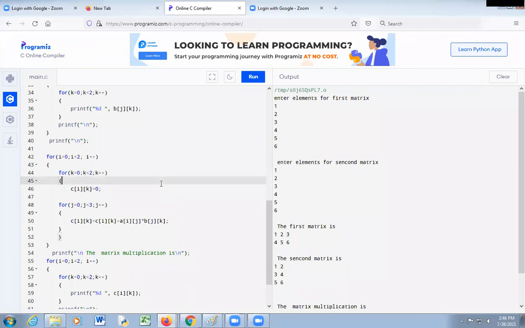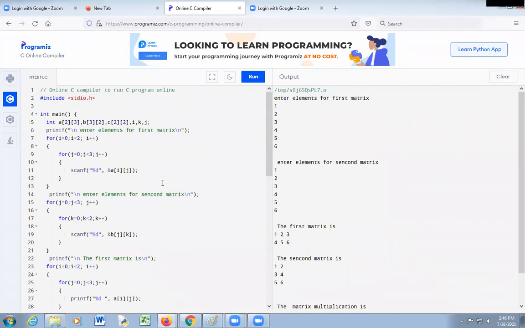First we will see what is the code for matrix multiplication.